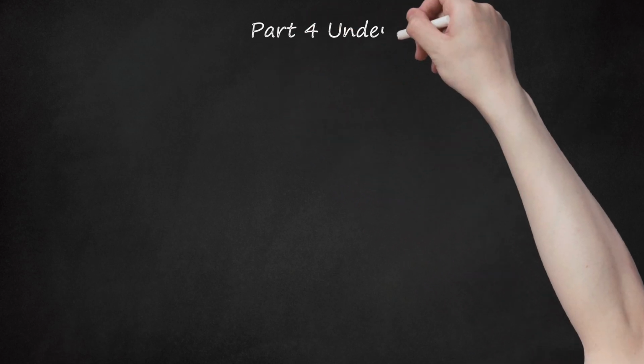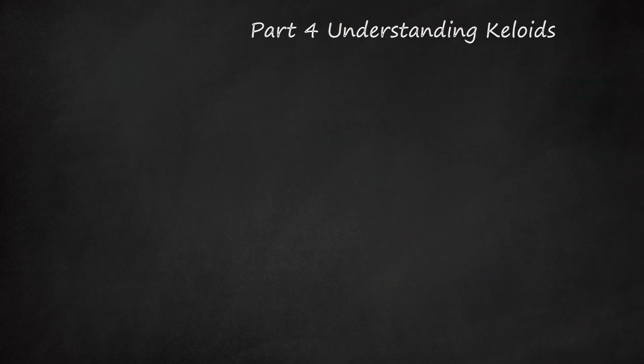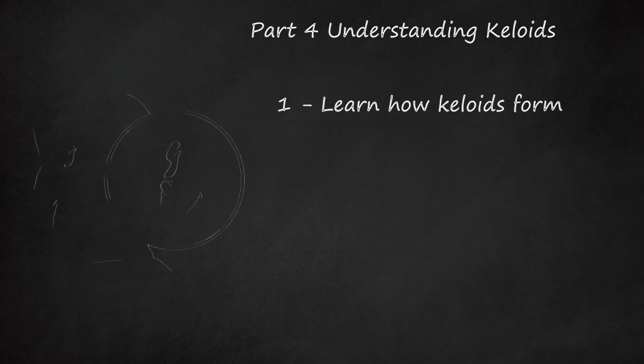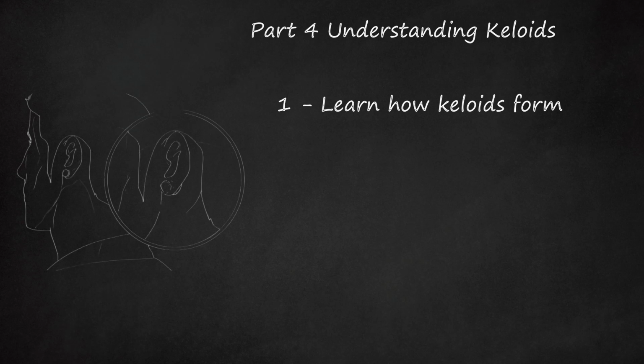Part 4. Understanding keloids. 1. Learn how keloids form. Keloids are raised scars that can form anywhere on the body where the skin has been injured. They form when the body creates excess collagen, a kind of scar tissue, at the injury site. The skin injury may be large and obvious, like a surgery incision or burn, or small like a bug bite